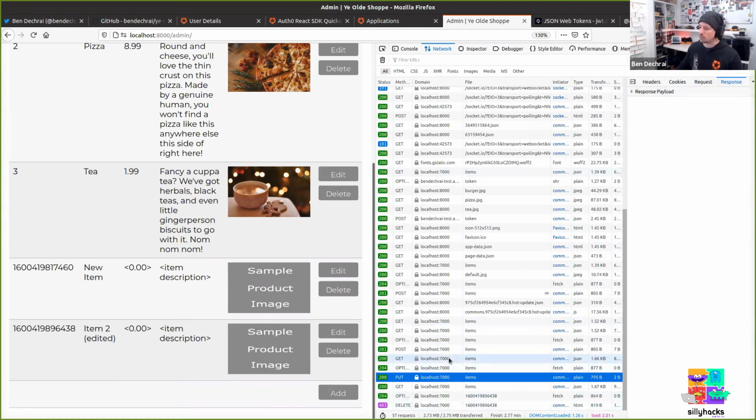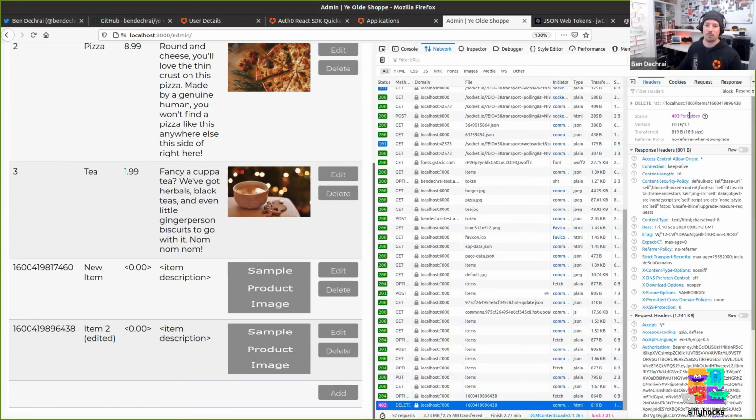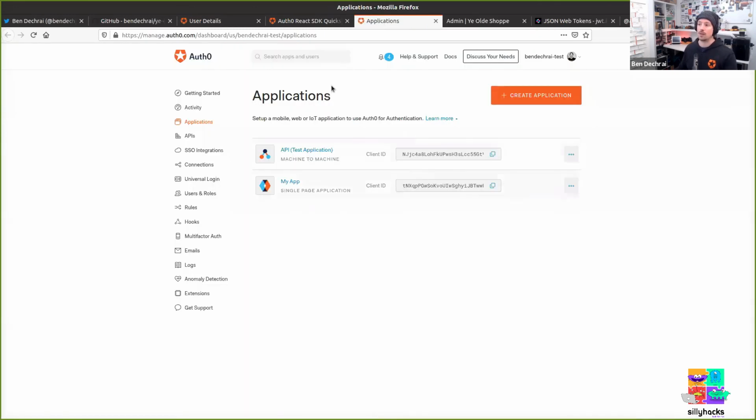It's actually not giving us a response. I thought it would have given us some text, but we can see in the headers, we're getting a 200 OK. And then finally here, we have the delete. And the delete, you can see we've got a 403 forbidden. So the API is now making sure that I have the correct permissions in order to perform the actions that I want to take. If I want to be able to delete them, I'm going to need to be an